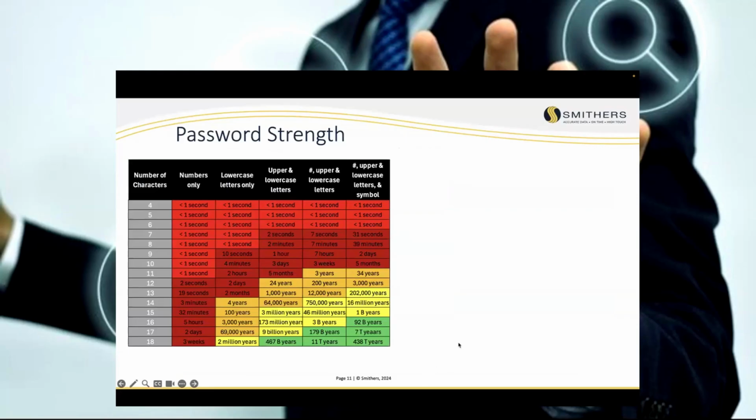Password strength. I love this chart. Everybody says, well, I'm down here. I have 18 characters and I have an upper and lowercase and a symbol. According to the analysis, this is from MIT, and I think Caltech has done this a couple of times. This is the most recent one from MIT.